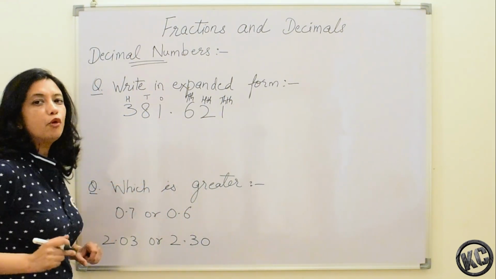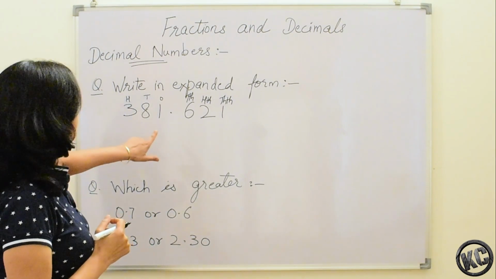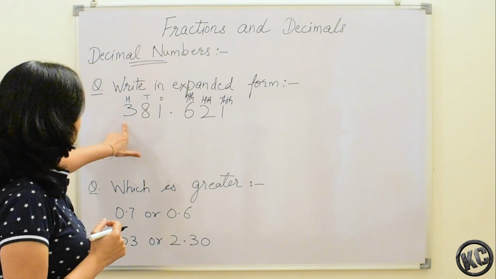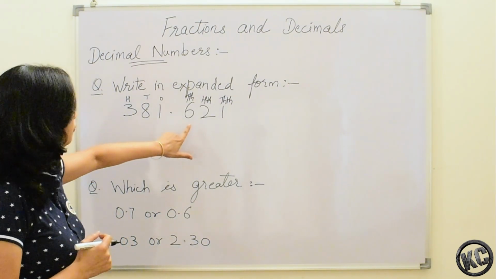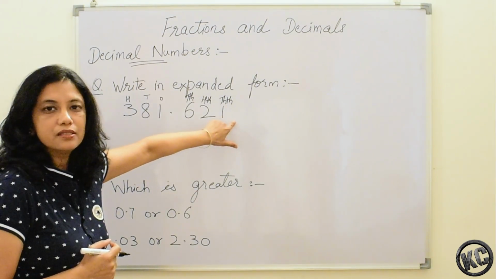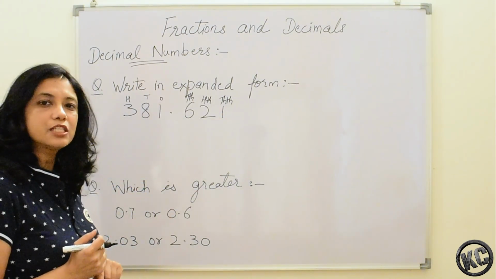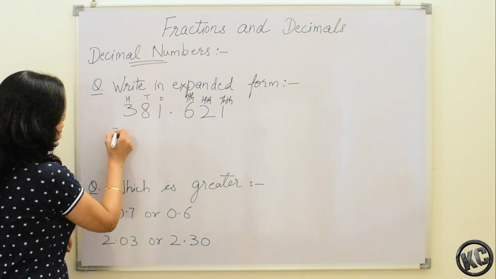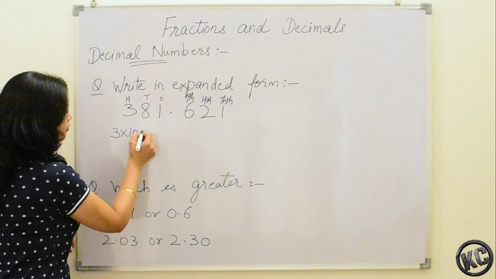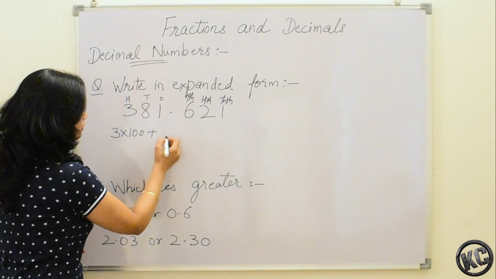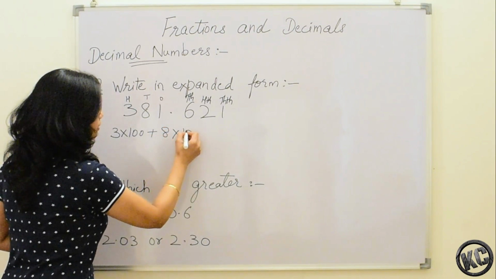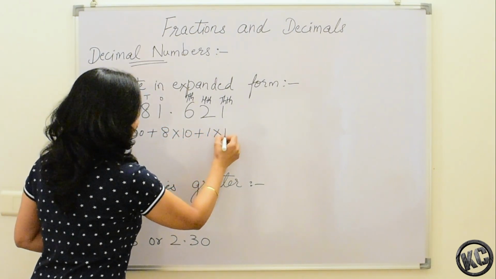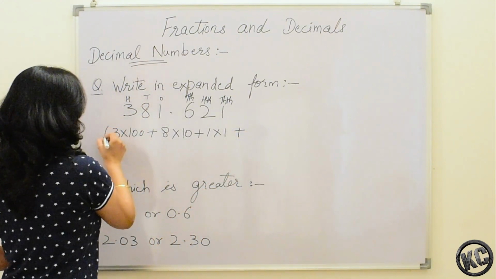To the right side of the point there will not be ones. This will be ones, tens, hundreds, and to the right side will be tenths, hundredths, thousandths. Now you write in the expanded form. Now 3 into 100, this is 300, plus 8 into 10, plus 1 into 1, plus this you can place